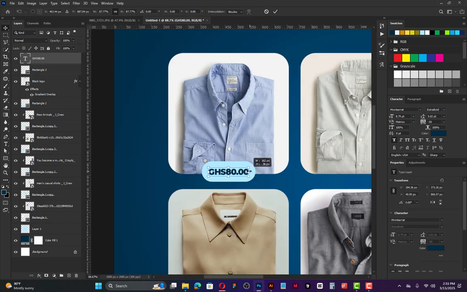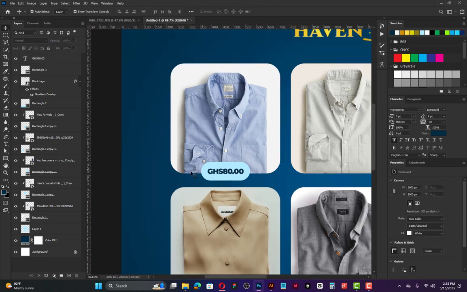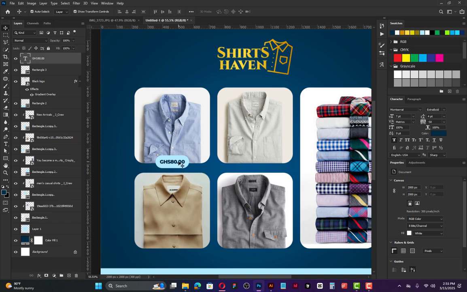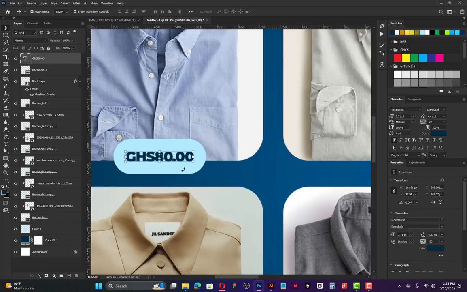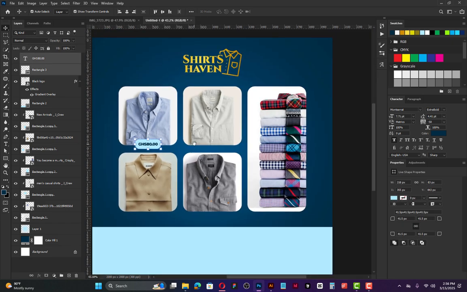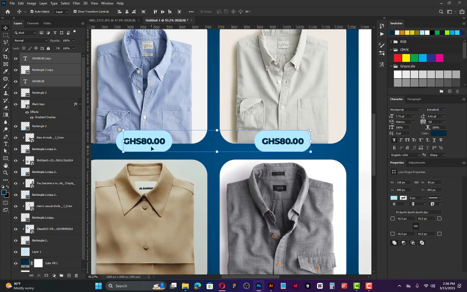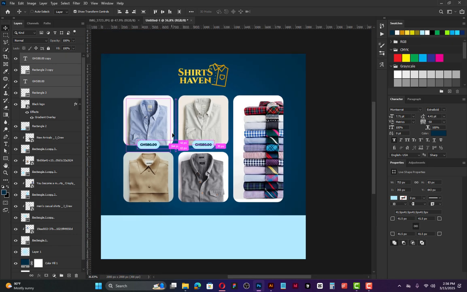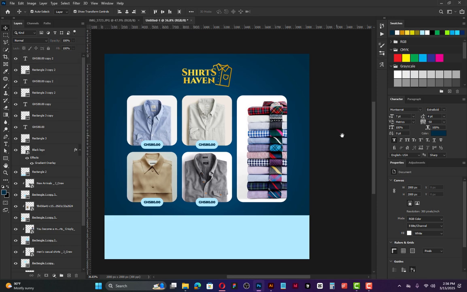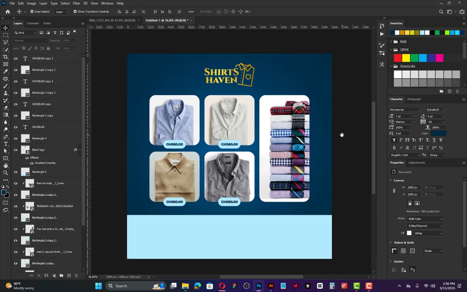Like I say, whenever you are creating something like this, make sure that there is a space between the left side and then the right side, and then also the top part of it. So we can duplicate this same thing for all the rectangles, okay, as the price tag. And then we can do the same thing for this. So you can select everything, click Alt, click and drag, hold Alt while you click and drag